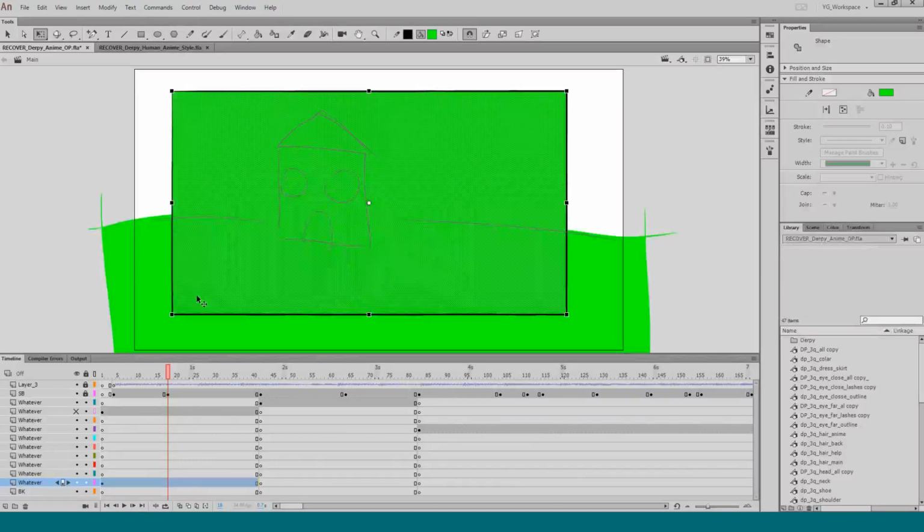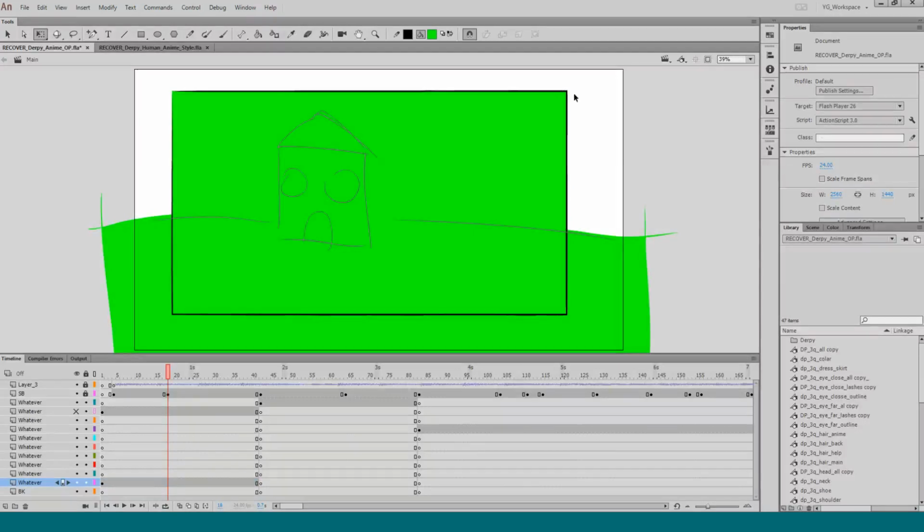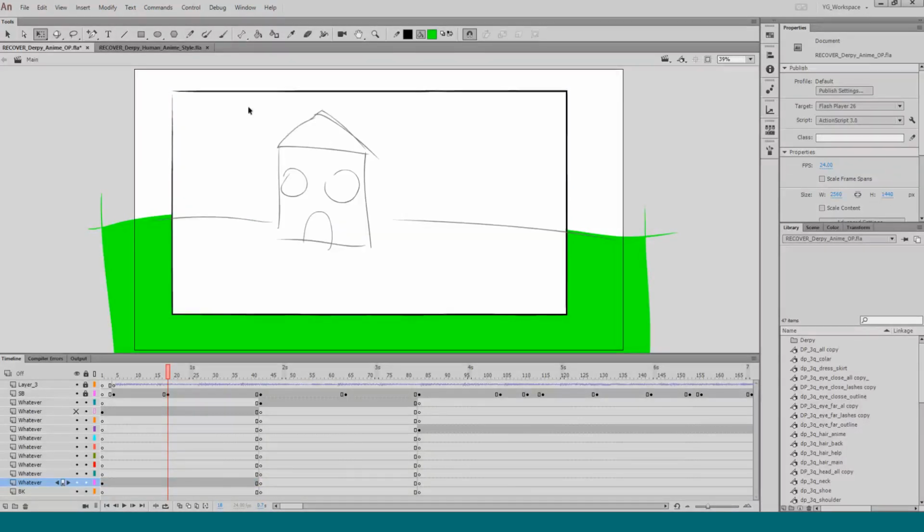When artists and cartoonists in the olden times, like 20, 30, 40 years ago, they would have this square thing to tell them how big their cameras would see, how much the cameras would register, and of course they would have a little bit extra.